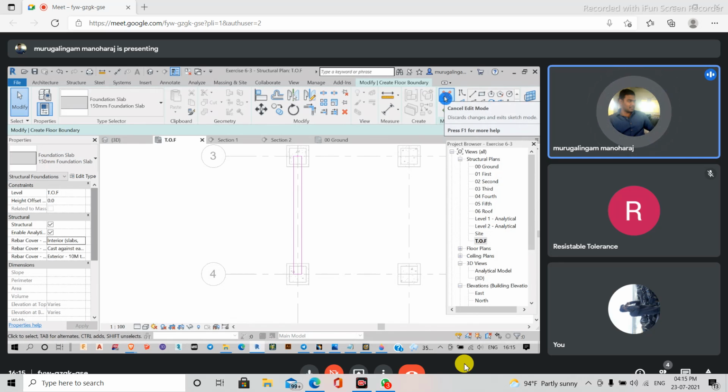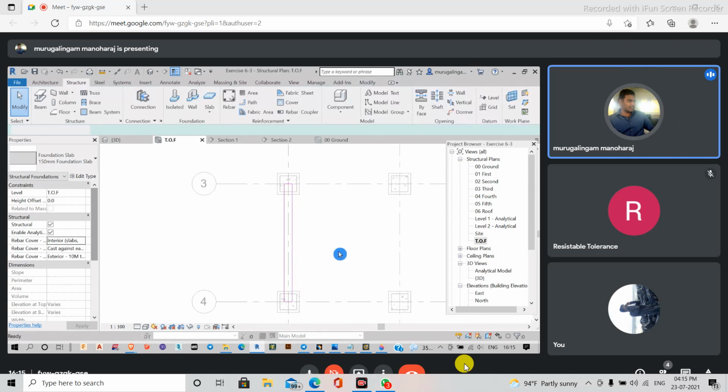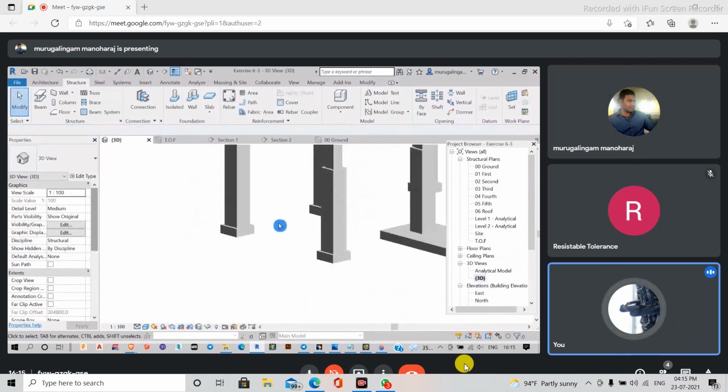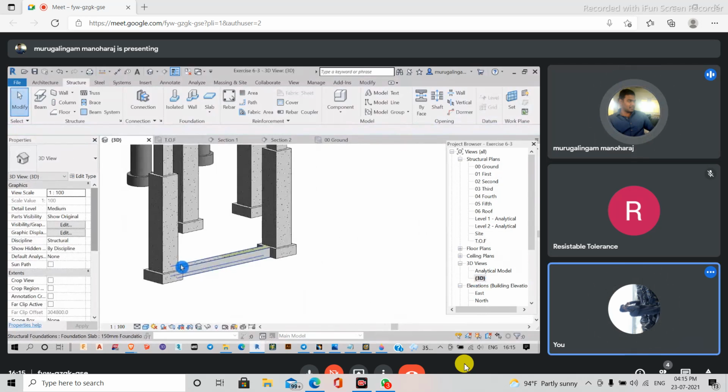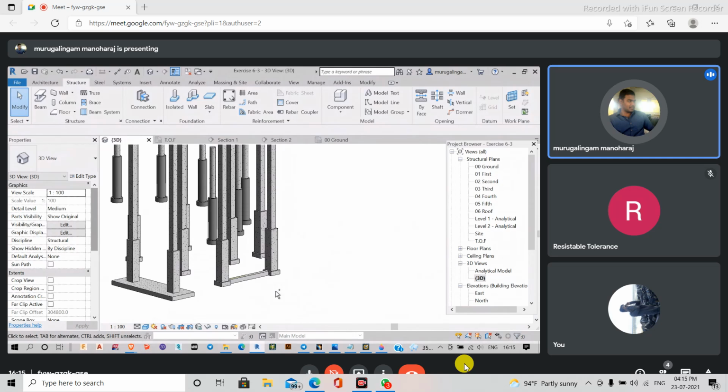The first case is that my columns are placed exactly at the boundary, so I can't give any kind of projection to my foundation. And one more reason is that suppose some kind of wall, some basement wall, is going to come here, then I have to provide strap foundation. Once again, I'm explaining it here. In case there will be a basement, in that basement I'm going to create some walls. For those walls, I need some kind of support region. For that also, we will be providing this kind of strap footing. So these are the scenarios where we will be providing this strap footing, and I'm going to uncheck everything.